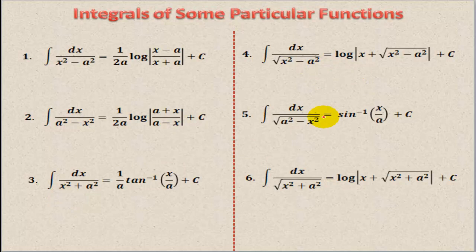Now if you look at these three, they seem to be the same type of expressions, but in each of them the expression in the denominator is under the square root. Okay, so let us derive any two out of them. One out of these let us derive and see how the result is obtained. In the same manner, one out of these I will be deriving for you to see how these results are obtained. And we will be using all these as results or formulae, we can say, as and when we find these kinds of integrals.